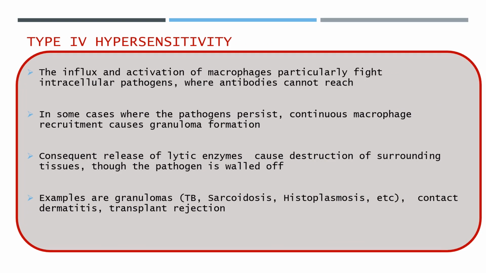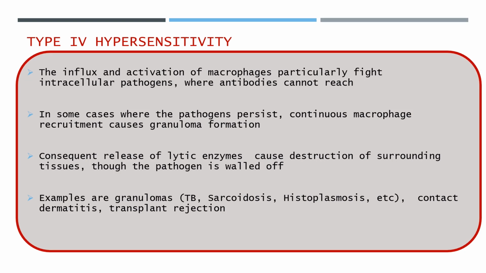So once the macrophages have been stimulated and recruited towards the site of infection, they tend to secrete more cytokines that cause even more recruitment of macrophages. In most instances, this reaction is unable to kill the pathogens, and once the pathogens persist, there is continuous stimulation and recruitment of more macrophages, and the more macrophages are recruited, the more reaction is made. The aggregation of macrophages and the changes in their structure lead to the formation of a granuloma.